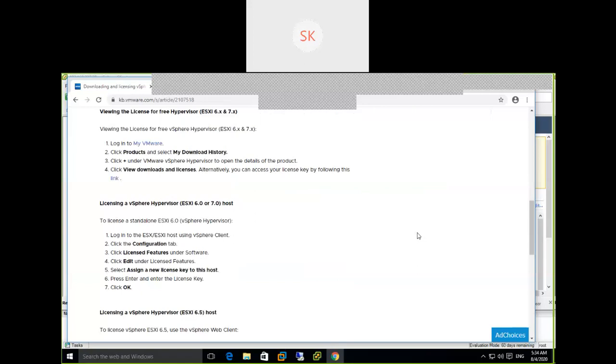See here, log into the ESXi host using vSphere client. Click on the configuration tab. What we did here is whatever action you are going to do. The first one, log on to the ESXi host using vSphere client. We connected to that ESXi host. Click on the configuration tab. Click on licensed features under software. So whatever the action, even if you forget what action to perform, it is clear that the steps are available